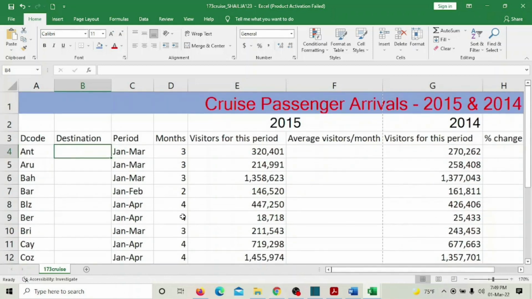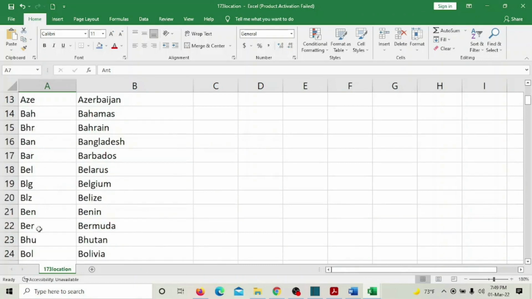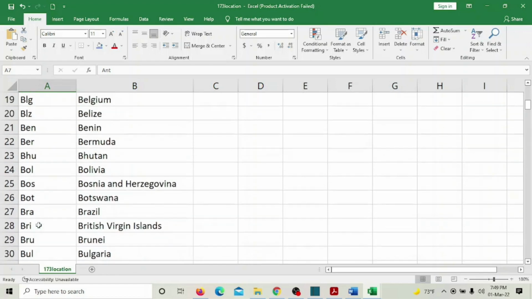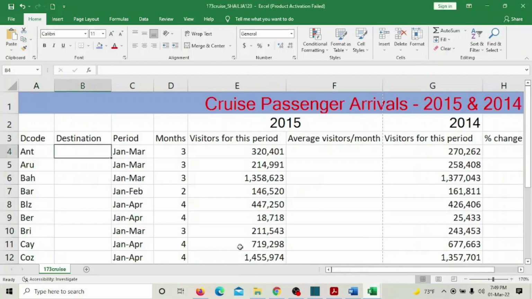What I'm picking is not there. BAR is for what? BAR. Barbados. Fine, fine. Okay, these are the ones we have to use. Okay, let's go. In this cell, right? So we are searching for the value. So we have to use what? VLOOKUP, equal to